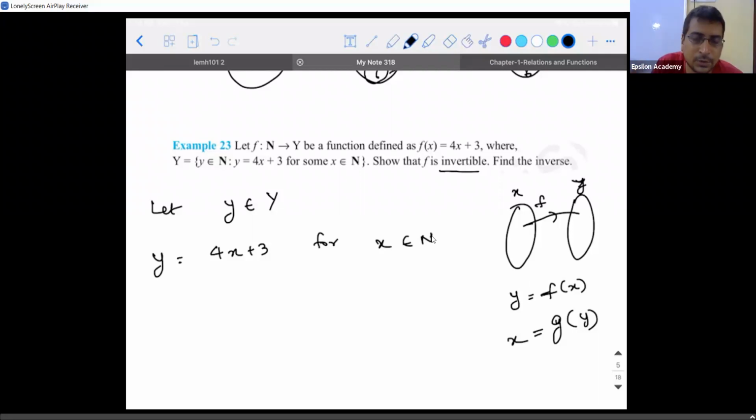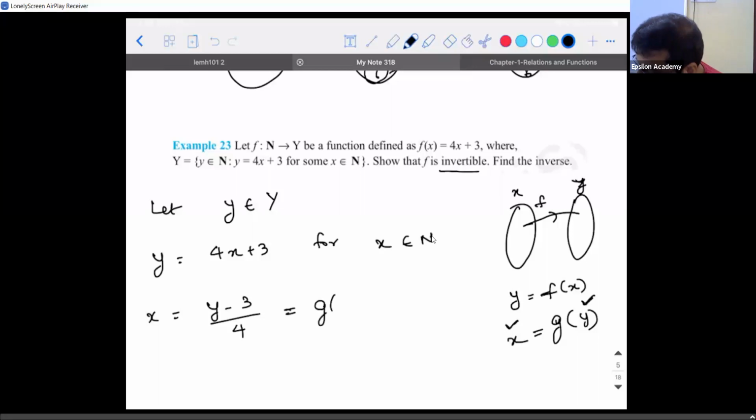Here g is an inverse function. It is not like three sets are there. Don't get confused, it's not like g circle f of x. Here set A and set B, they are only there. They are getting swapped among themselves. So y is equal to 4x plus 3. Then you need to write x is equal to what? y minus 3 divided by 4. So what you have done is you have written x in terms of some y. Let me call this as g of y.